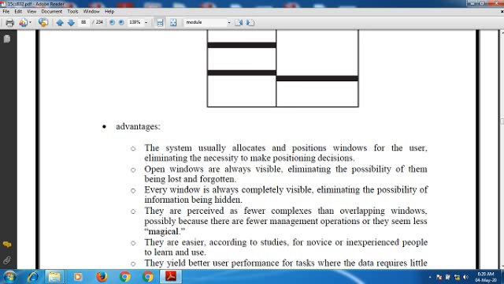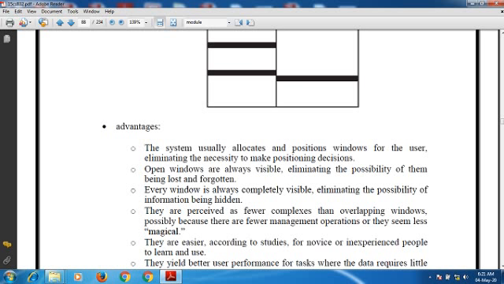We have certain advantages associated with tiled windows. The system usually allocates and positions these windows for the user, eliminating the necessity to make positioning decisions. Whenever you open a number of windows, they are automatically tiled. It is not necessary to reposition these windows. The open windows are always visible, so tiled windows eliminate the possibility of windows being lost and forgotten.